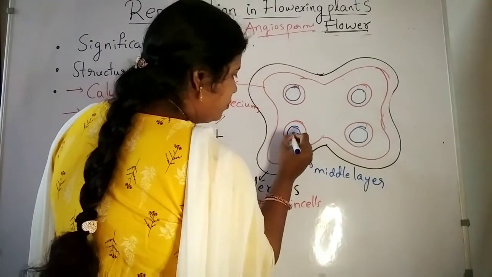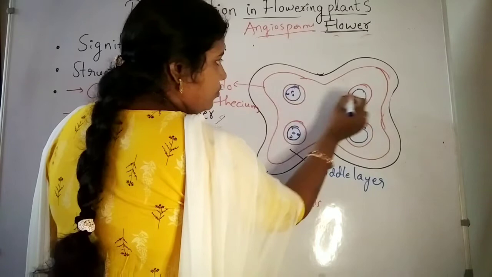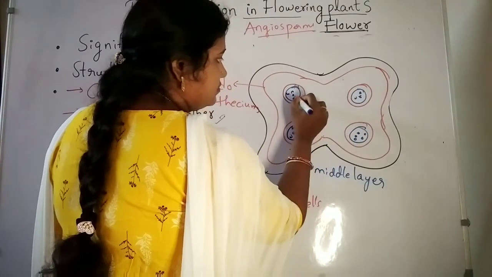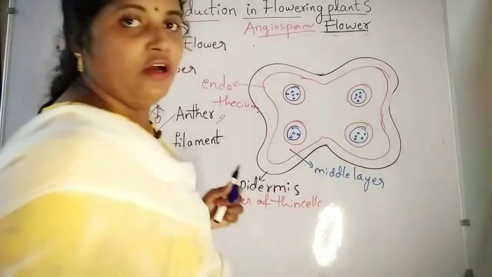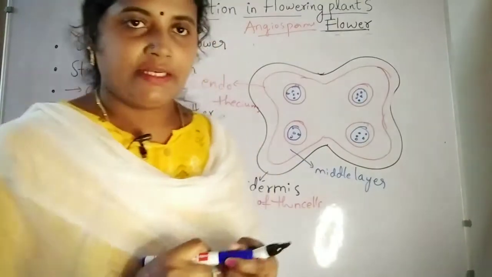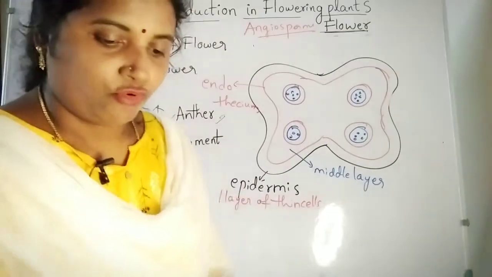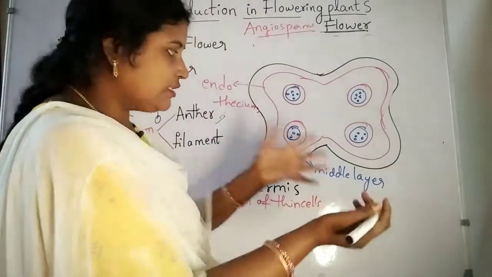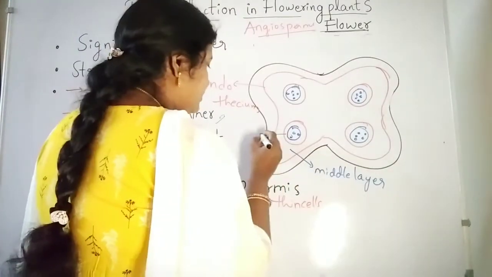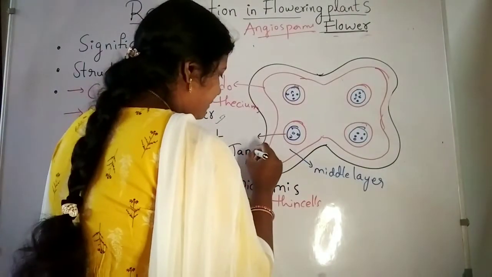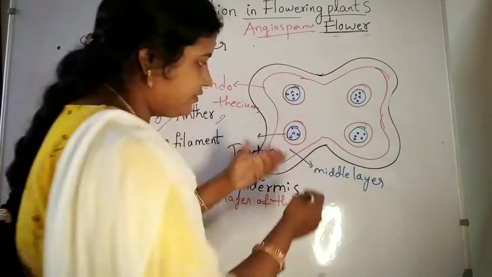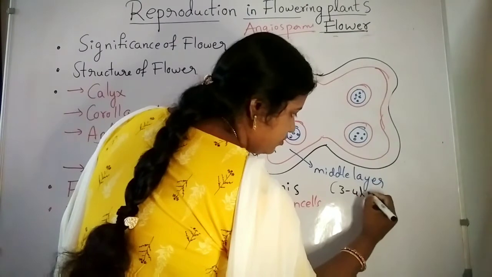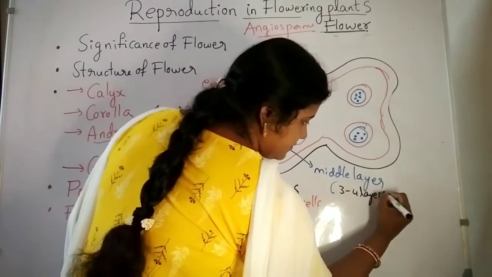Inside it contains the pollen grains, pollen sacs, and the pollen sac contains the pollen grains. Very simple structure of the anther. So mainly here it contains four important structures. First one is the epidermis, otherwise from the inner side it is tapetum. After that it contains the middle layer. It is made up of 3 to 4 layers of cells,